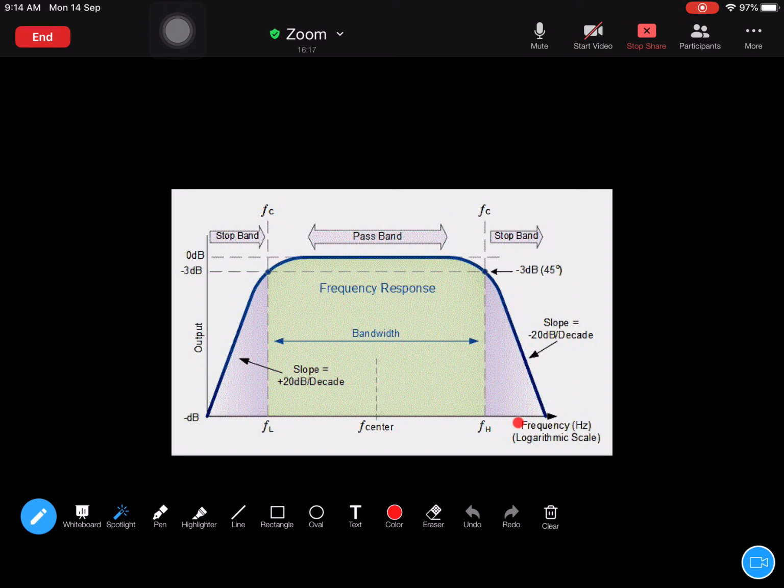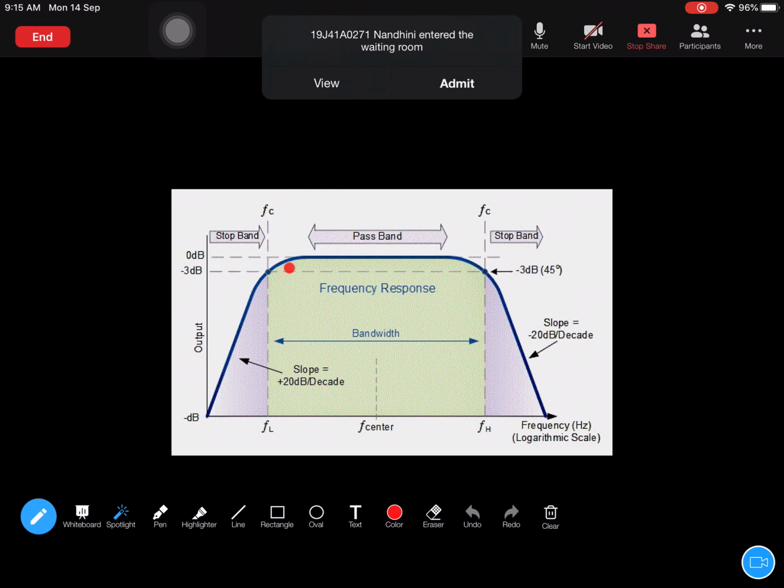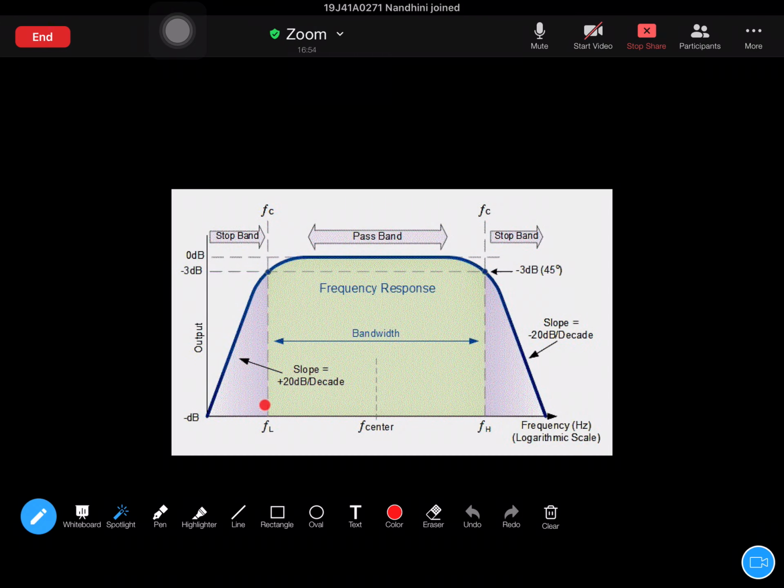Okay, what is power gain? Power gain is nothing but the product of voltage gain and current gain, right? Here voltage and current gains are at maximum value, so you will be getting maximum power gain here. But at minus 3 dB, the value of current gain and voltage gain will be about 1 by root 2 times the original maximum value. That means if the maximum voltage gain is Vm, then Vm by root 2 will be the value at this point at FL, and for current gain also Im by root 2.